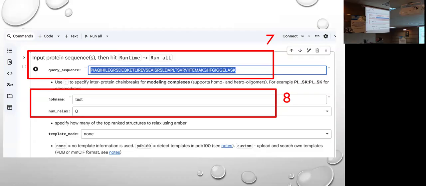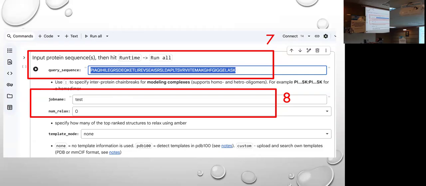Are you able to see that in your own notebooks? Okay. So this cell is your query option. Whatever protein you are trying to model, you just have to copy the sequence which you copied earlier, and then paste it here. This is an example, so you have to erase it and then paste your own sequence which you copied earlier.